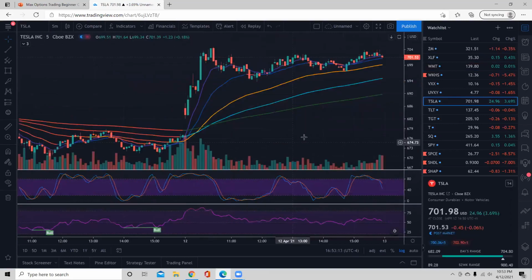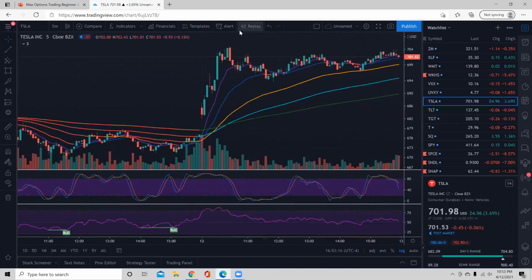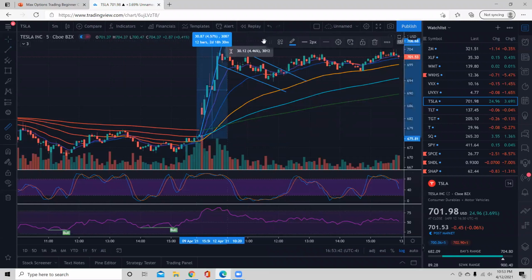Tesla was flagging pretty good today. Let's take a look at Tesla right here. So we got a pretty nice uptrend. Let's see if we can draw a Tesla flag. I'll just draw that one out. Little Tesla flag. Now let's measure from the top to the bottom here. We got 4.5%, 10 bars, 4.5%. So halfway, if you look at the blue line, the halfway mark right there